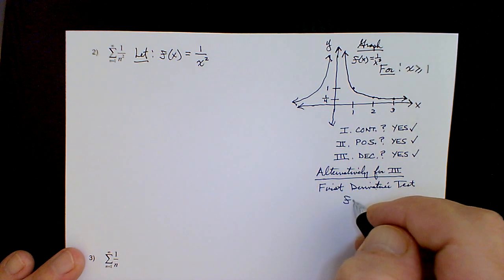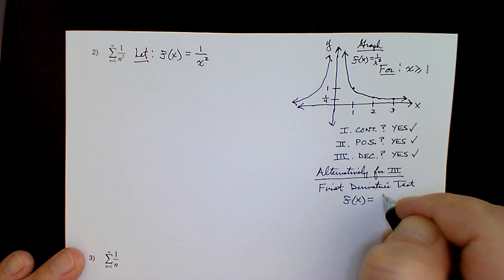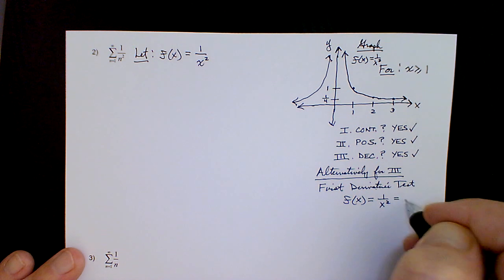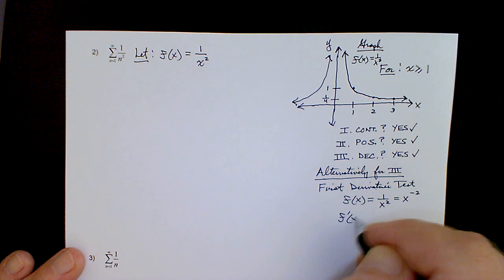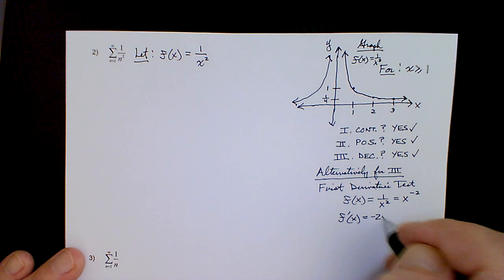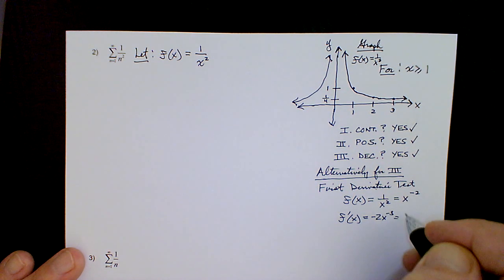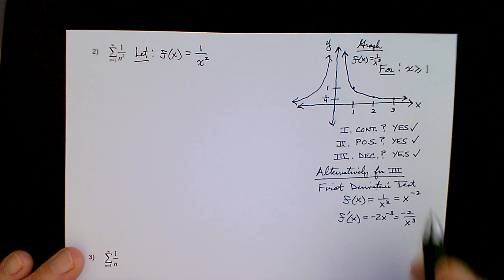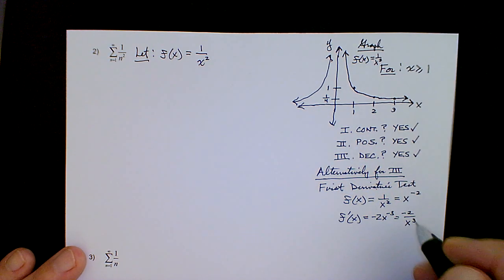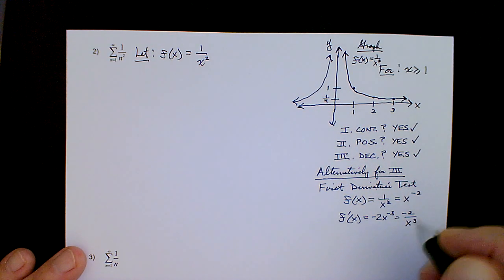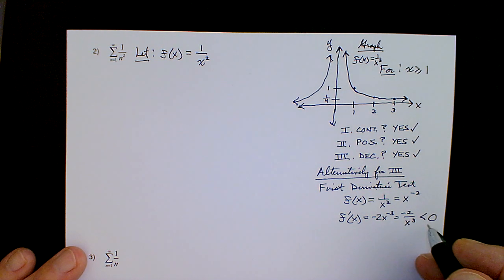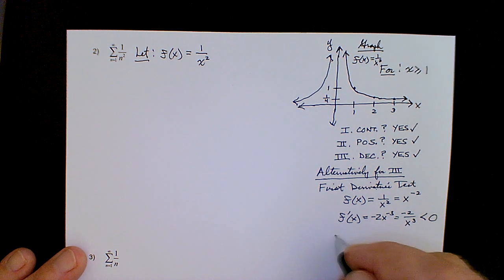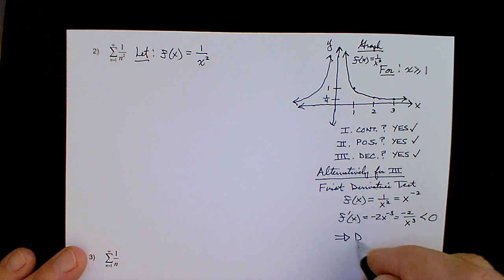And so the derivative: f of x is 1 over x squared, which we'll rewrite as x to the negative 2, and differentiating, we get negative 2 x to the negative 3, and that's negative 2 over x cubed. And when x is greater than or equal to 1, x cubed is always positive, so negative divided by a positive is negative. So the first derivative is always negative, and if the first derivative is negative, then the function